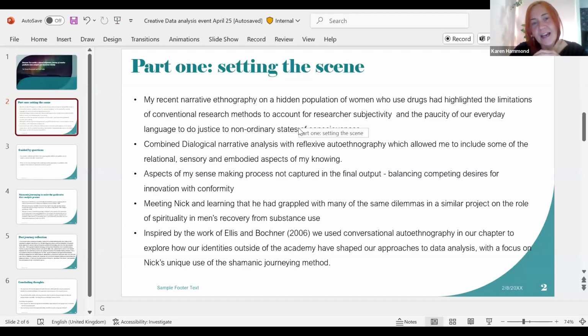And one of those was the role that dreaming and these deep states of altered consciousness played in my analysis of the women's stories and experiences. But still, I felt very much that I had been balancing the competing desires to do something creative and innovative, but at the same time striving for conformity and respectability and indeed acceptability within my final output as well. So I actually didn't speak much about the role that I felt dreaming had played in